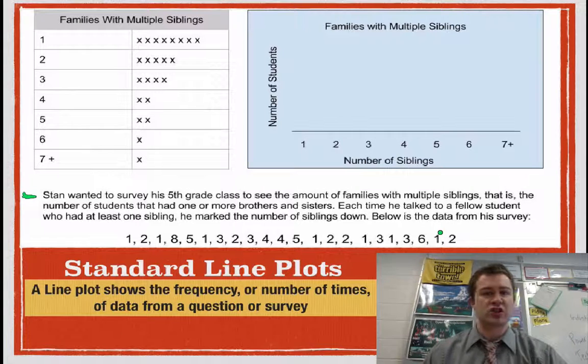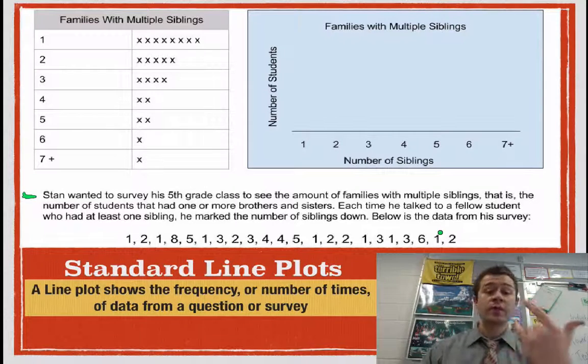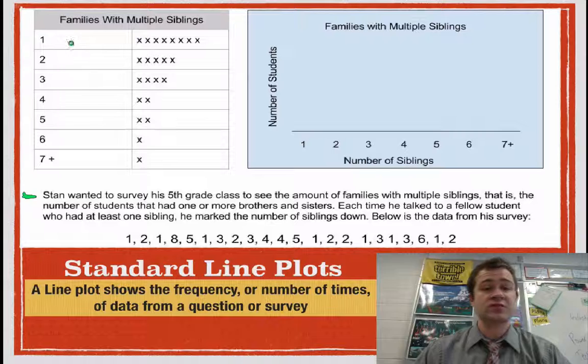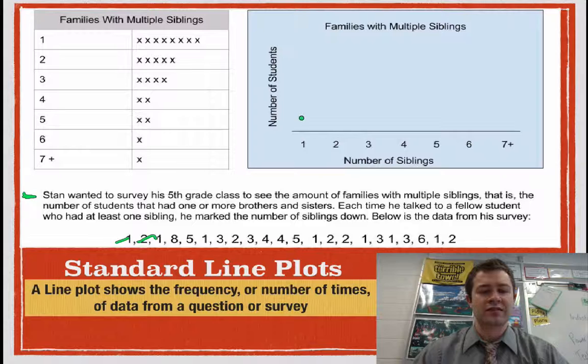And so I can imagine him out walking around. Hey, do you have a brother or a sister? Yes, I have two, marking it down. So then what he went to do is he took it and made a table so that he organized his data. And so every time he saw a 1, he put an X there. So we got a 1, put an X there, 2, and all that stuff. So what we're going to do is we're going to quickly create this here from what we see. So I'm going to put a 1, I'm going to put a dot there, I see a 2,